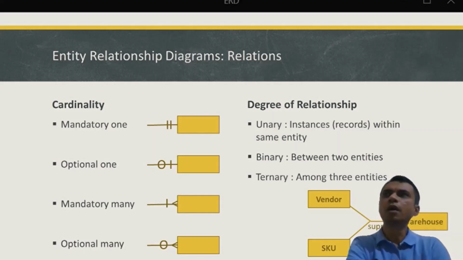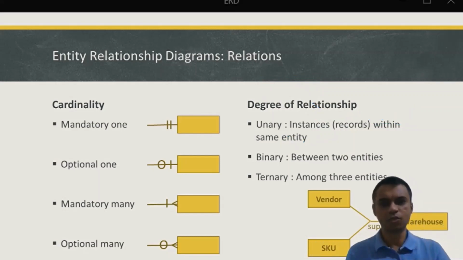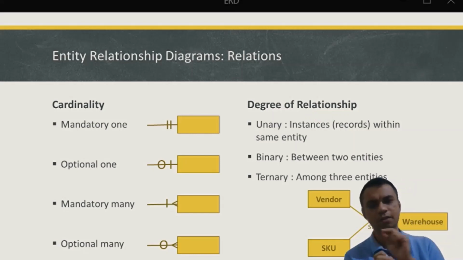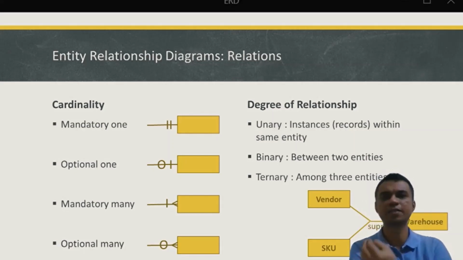Maybe when you attend a class, it's a ternary relationship between the student, the course, and the instructor. The same instructor may be taking multiple courses, and you would have seen in this business research method course that the same course may be taken by multiple instructors, and students, of course, take multiple courses from multiple instructors. So when you attend one class, it's a relationship between three entities: the student, the course, and the instructor. That's another example of a relationship, which I'm calling a class, or it can be an exam, or so many other things.